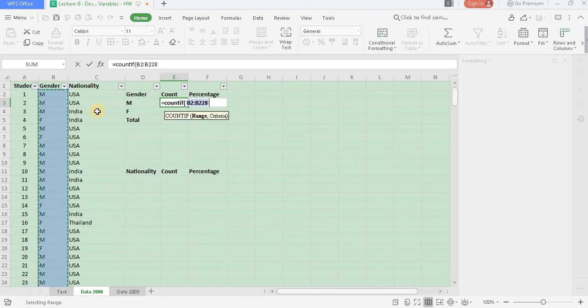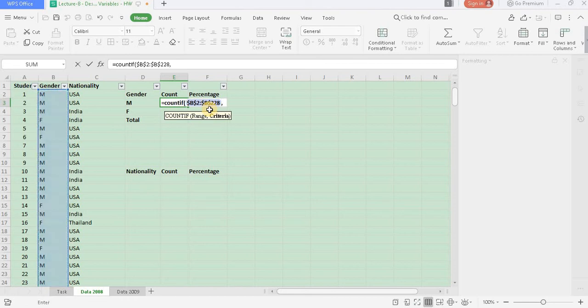So what you need to do is freeze your range. How can you do that? Just simply hit F4. You can see these dollar signs appear, which indicate that the range has been frozen. The rows as well as the columns have been frozen. So you can easily drag in order to find further calculations in other cells.